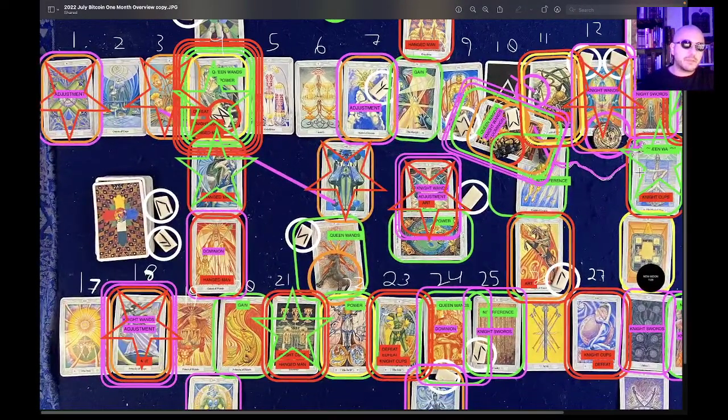On the 17th, we have the beginning of a rally. It looks like a big move to the upside, possibly a full range moved. But then we have a prominent trough, and it looks like likely the bottom for Bitcoin for the month of July here, and on a year-to-date chart it'd be a prominent bottom, it would stand out. On the 18th, there's a sharp decline, but into that